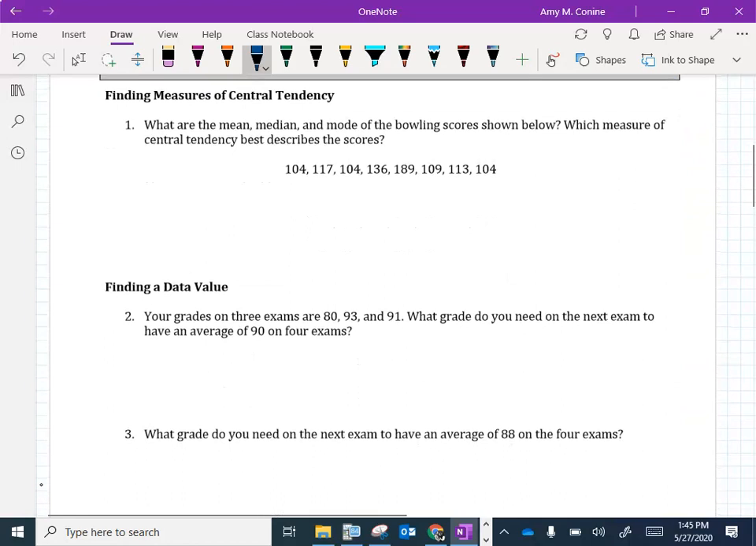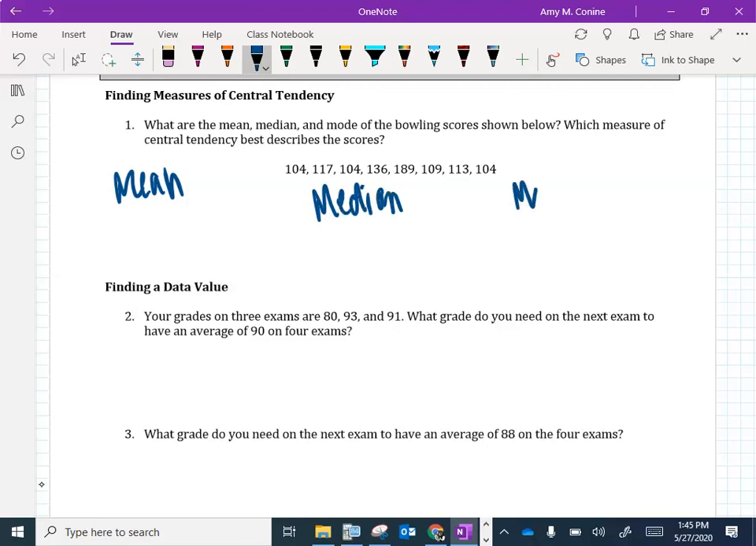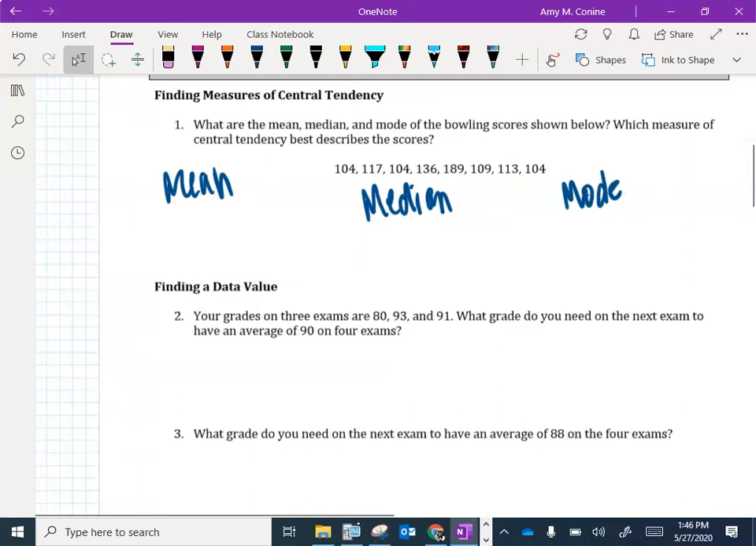So for number 1, what are the mean, median, mode of the bowling scores shown below? Which measure of central tendency best describes the scores? So we've got mean, median, if I can write, median, and if we have a mode, we'll have that in there. So mean, we're just going to take all these numbers and add them up. So we're going to use our calculator, okay, and we are going to show